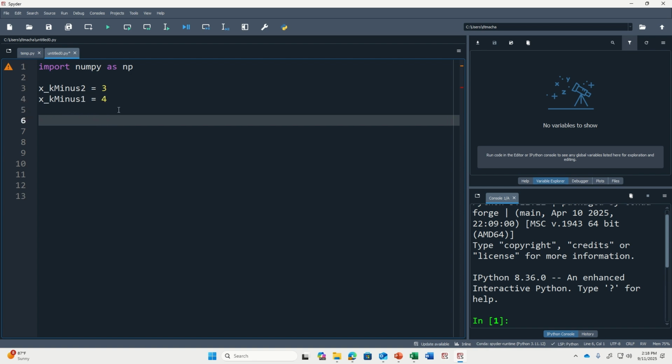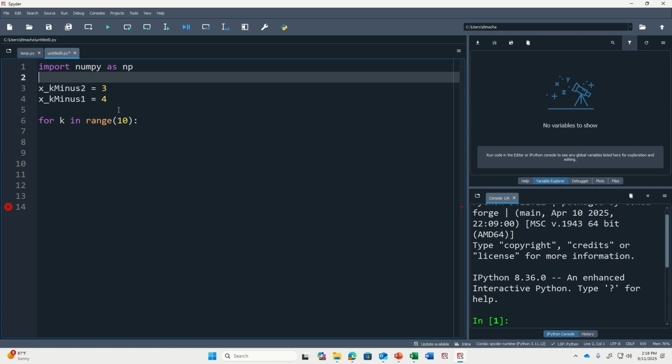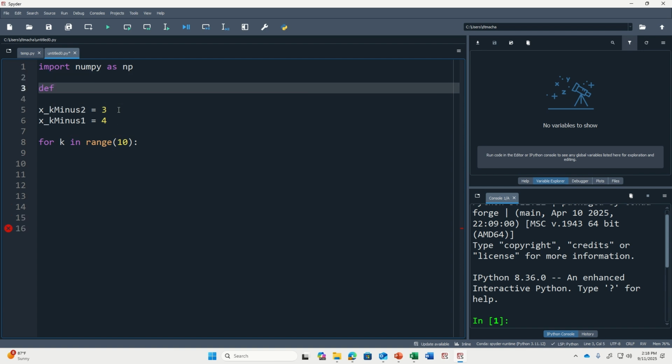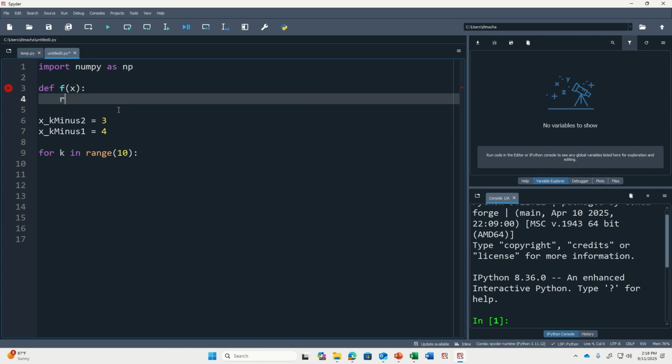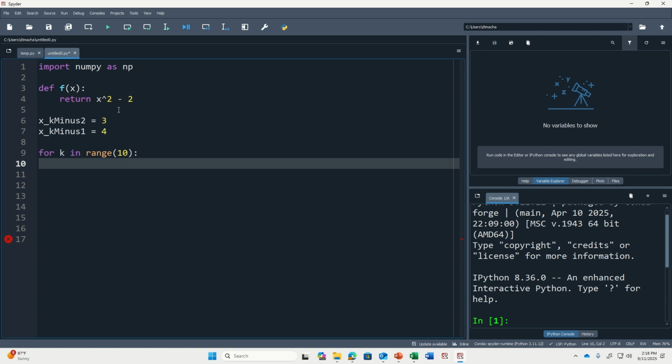Right now I'm telling it my initial iterates, and then I say for k in range 10. We'll do 10 iterations. First of all, I should define my function. We'll do x squared minus 2. And then my for loop is going to say